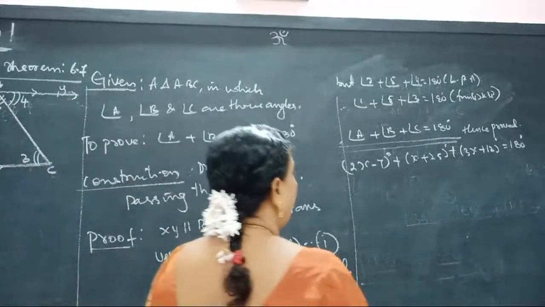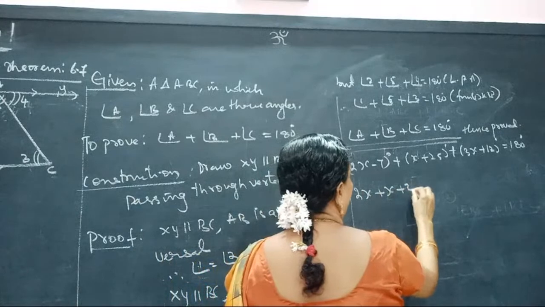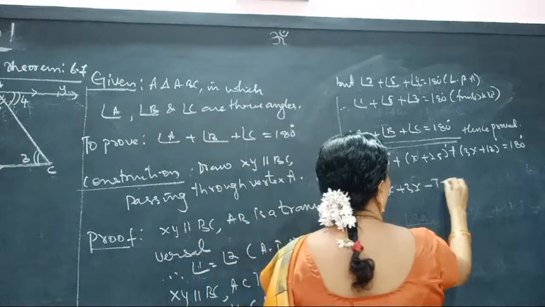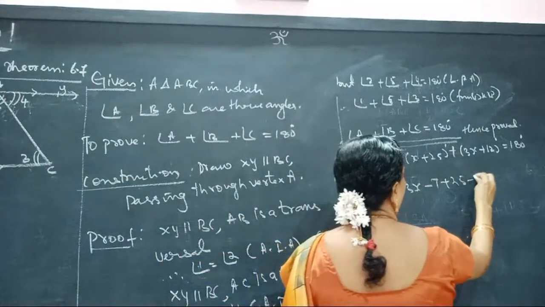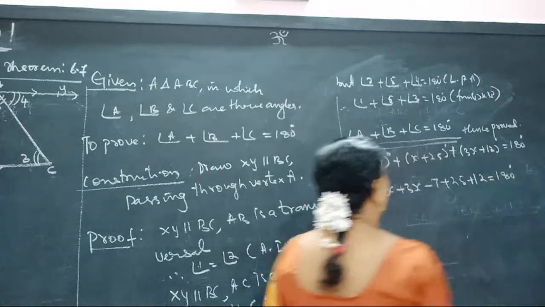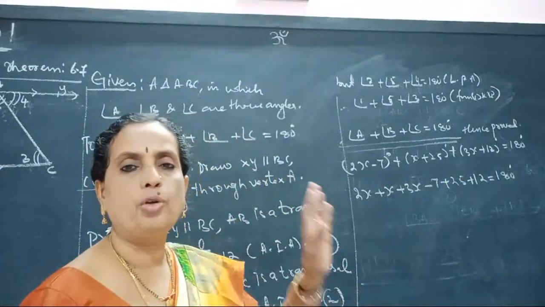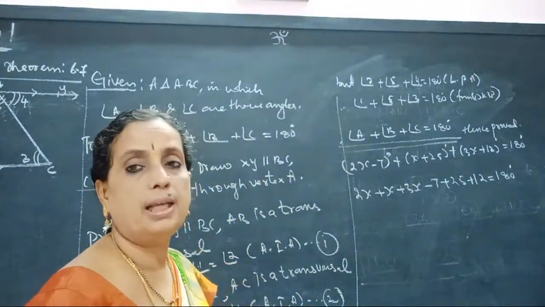So now I will write 2x plus x plus 3x minus 7 plus 25 plus 12 equals 180 degrees. I took the x terms in the beginning, later the numerical values, so that we can easily